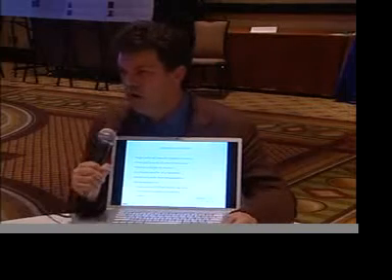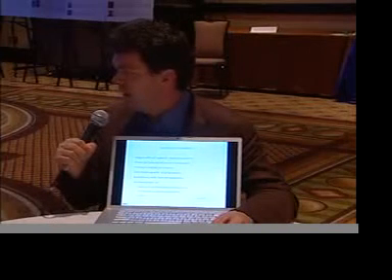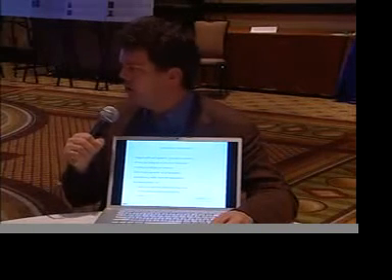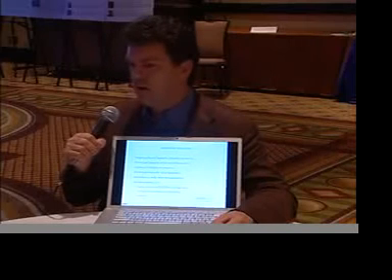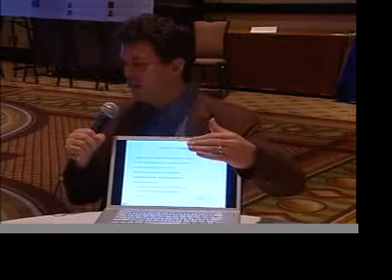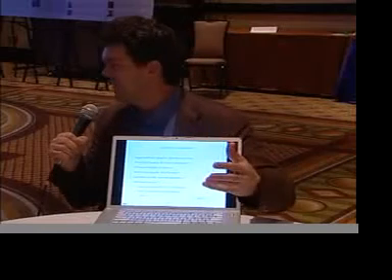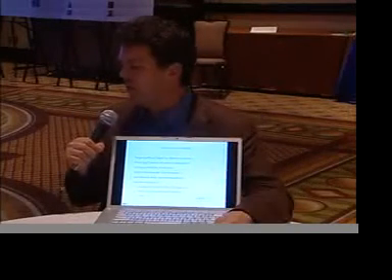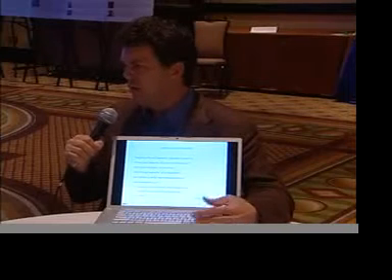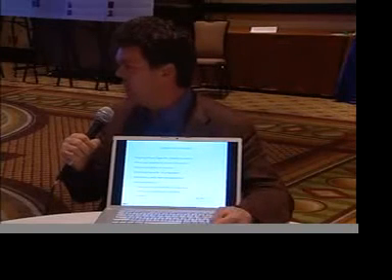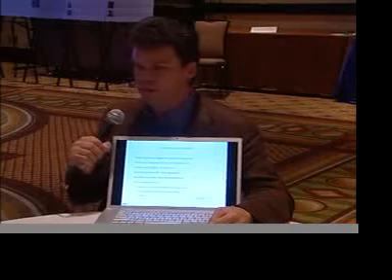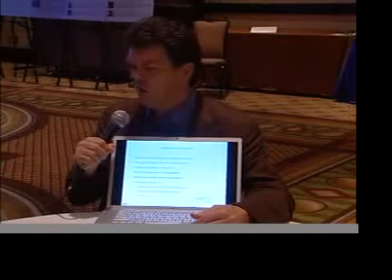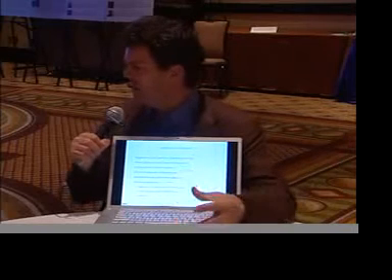It sets the bar pretty high, but I think it's a good thing in that it keeps the cowboys out, if you like, which is necessary, because we've seen a few schemes go in that fall over because they haven't been properly executed, and so it also requires a certain level of rigour before a scheme